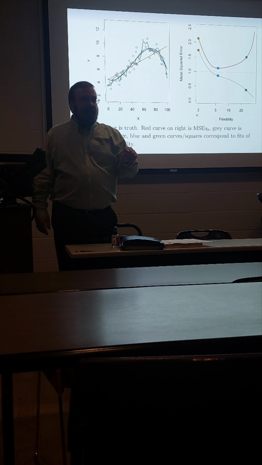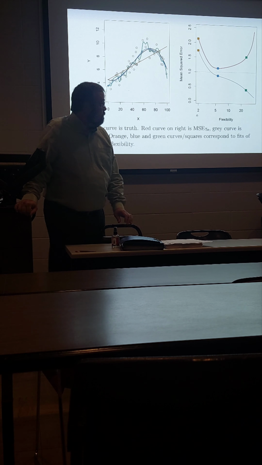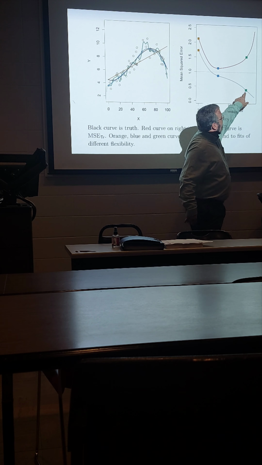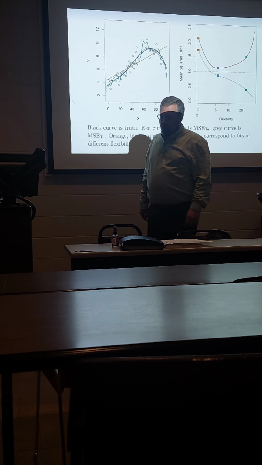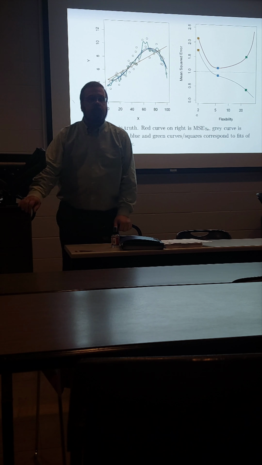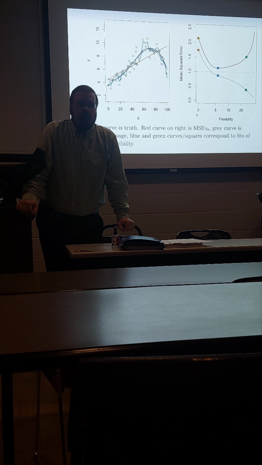So my question is, what is the green line? What algorithm are we using? Yeah. So if we are training those, we have flexibility, right? We are having more flexibility for the green curve. It's for the training flexibility. But for testing, it goes up. We are getting more error. So that is the case.